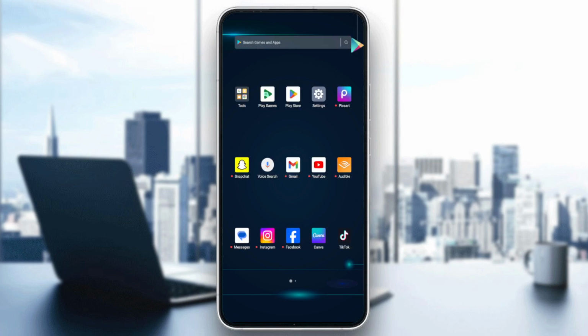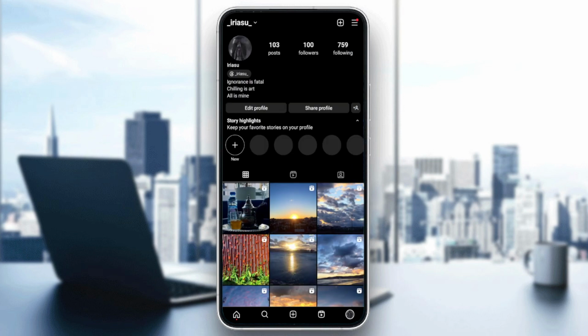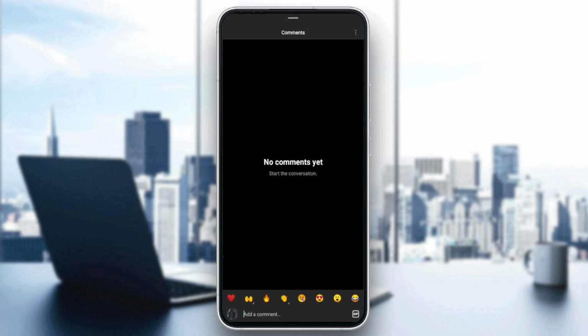So first, we will need just to go to our Instagram application. Then make sure to log in to your account. Here we are just going to my profile so I can go to any post and start commenting and delete and recover our deleted comments. Here I'm going to add comment,